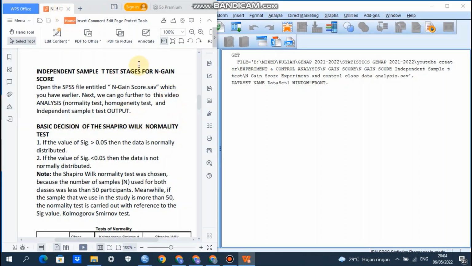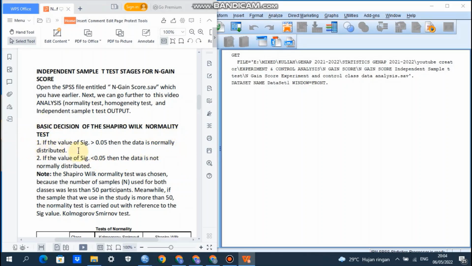Later, through this SPSS file, we can do the normality test, homogeneity test, and independent sample t-test. And then, of course, we are going to do the interpretation of the outputs.